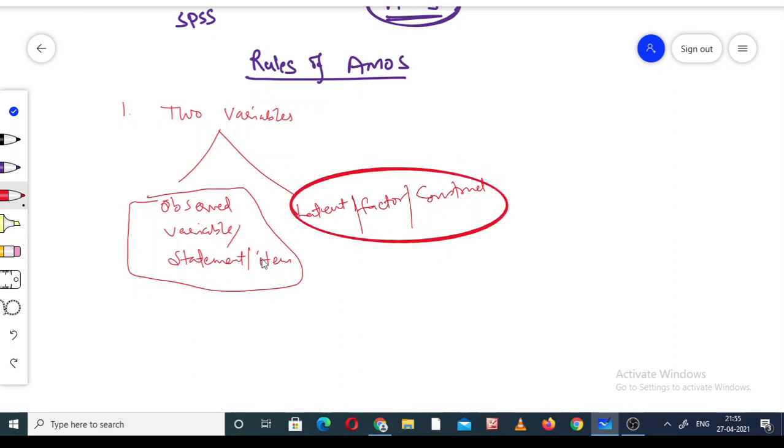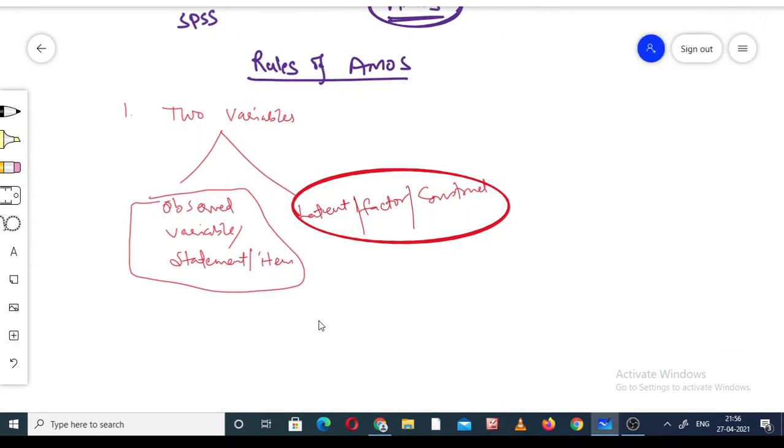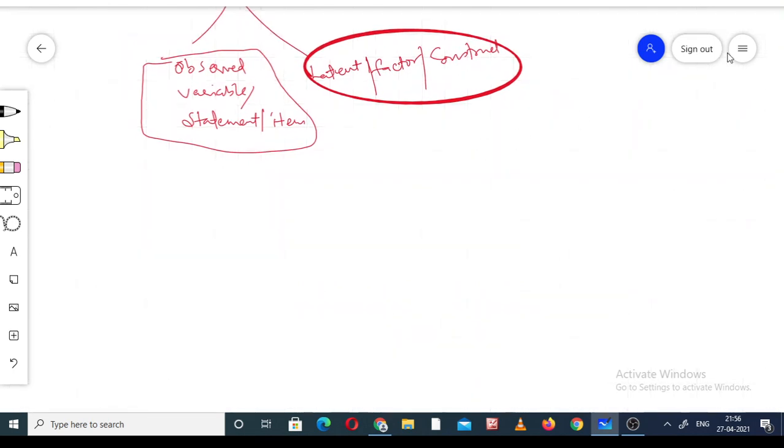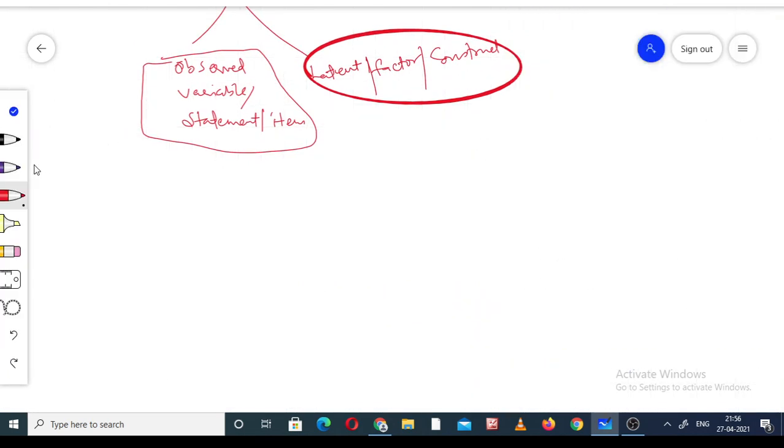This is the first rule of the Amos. So what is the difference between these two? Very simple. The observed variable is what? In our research, when we ask questions from the respondents, two methods are there.